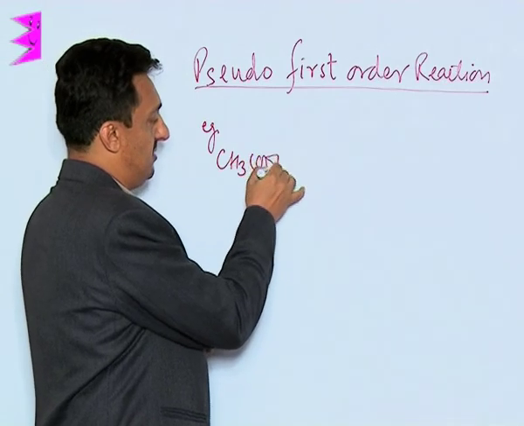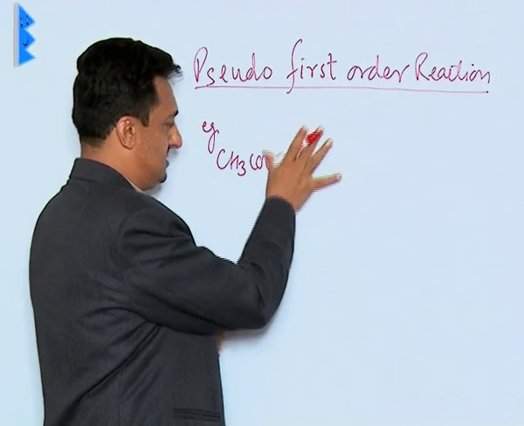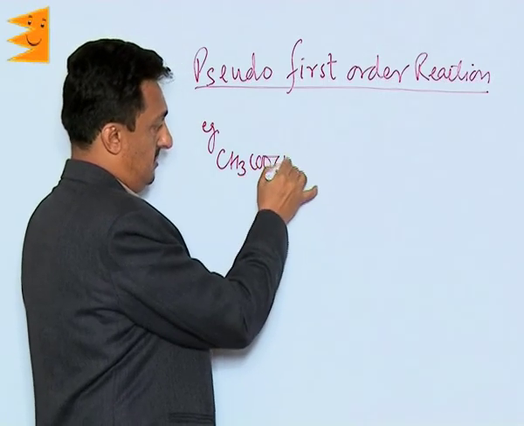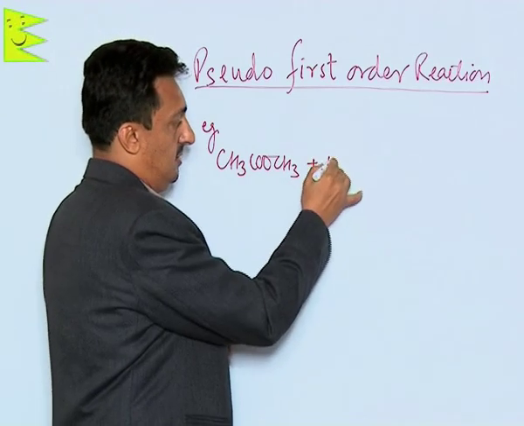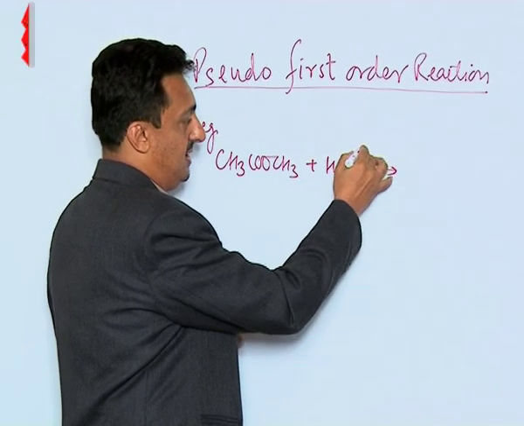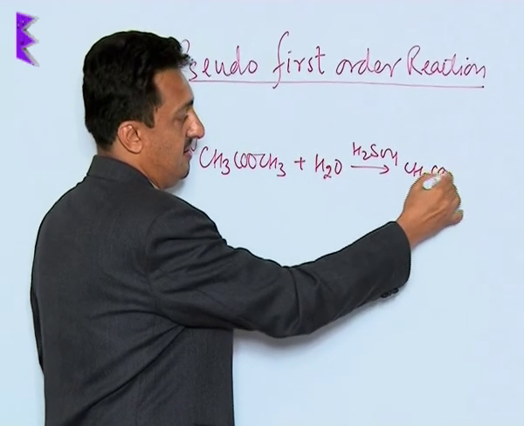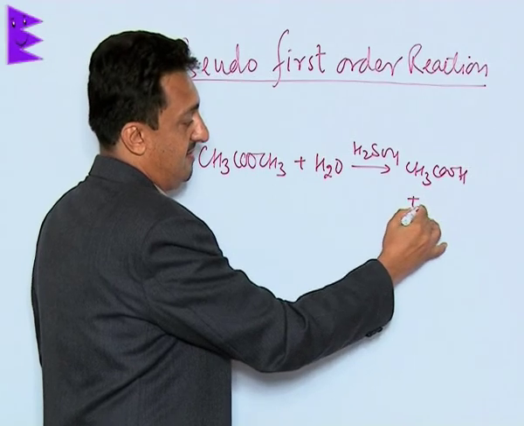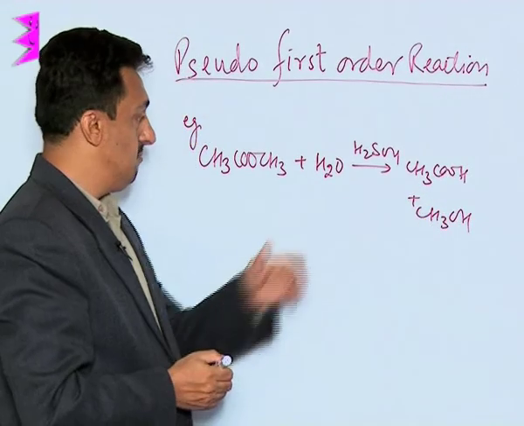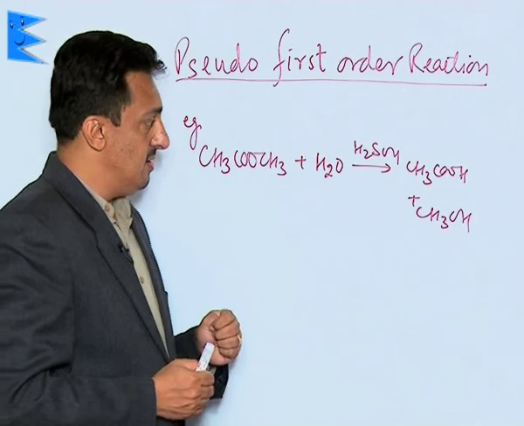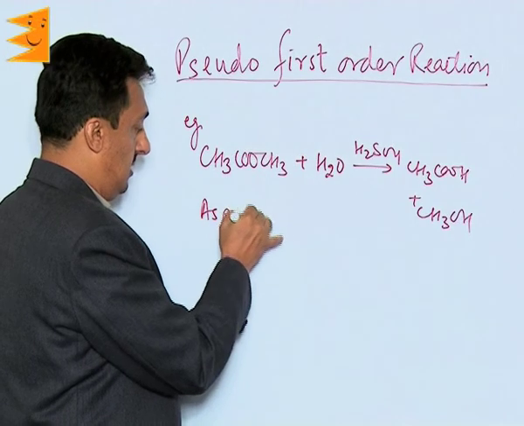Let us take it like this. This is methyl acetate, whose hydrolysis, when done in presence of sulfuric acid, gives acetic acid plus methanol. Now in this reaction, as per